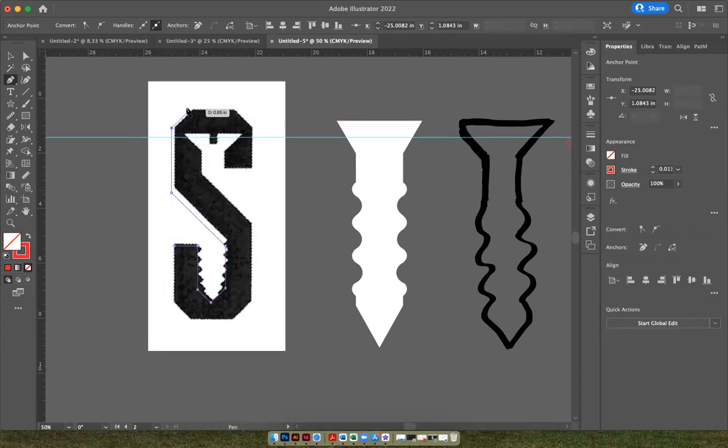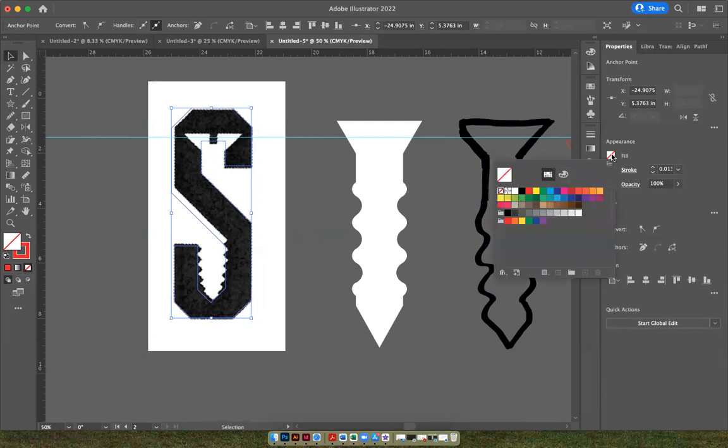And I'm not trying to be perfect so that this video is not too long and you get the point how to do this. I'm going to try to make the S kind of thick at the top and the bottom so that we've got plenty of room to cut out that screw, and the screw's really visual because we want it 50% image and 50% letter. Now we can fill our letter